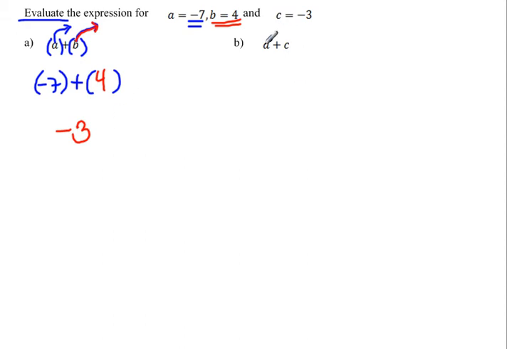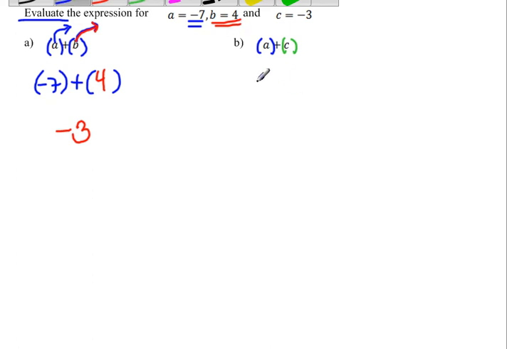Now in our second problem, we're being asked to add a plus c. And so we're still going to be using this value for a over here. This a is -7, but now we're going to be adding the value for c instead of the value for b. So let's go back and put in our little parentheses here. Okay. So the a is here, and for c, we're going to put that guy in parentheses as well. Now notice only the variables are in the parentheses. The plus sign doesn't get in the parentheses. Only the variable itself is in there.